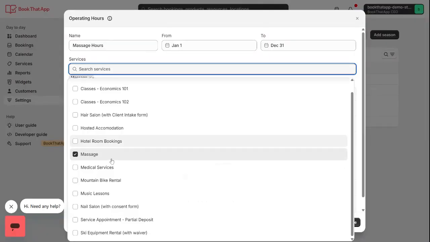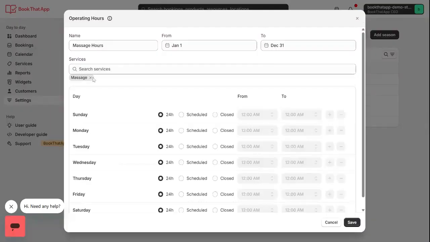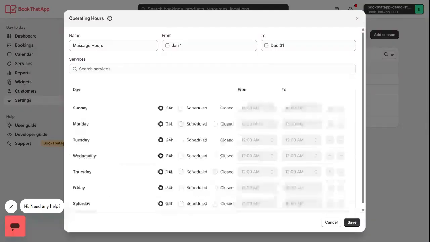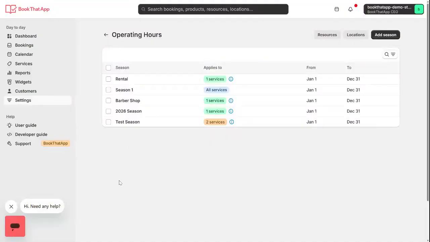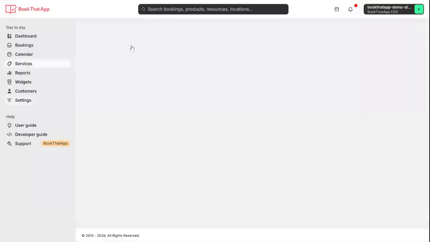Please note that you can assign as many services as possible. An important thing to note is if you leave this as empty, this will apply to all your services on the store. Another handy shortcut that is worth knowing is you can also access your operating hours directly from within the service. For example, if I click back onto services,